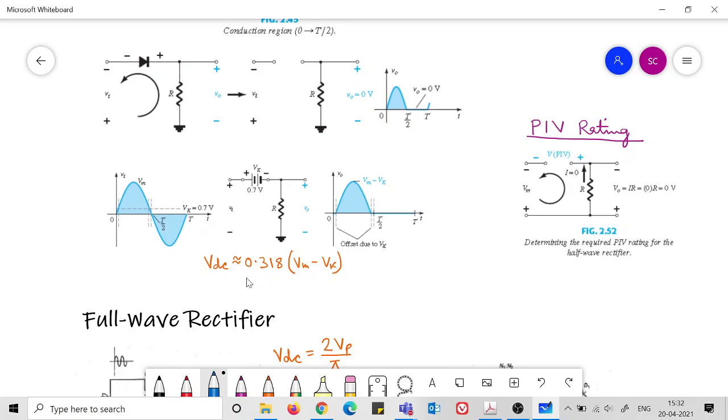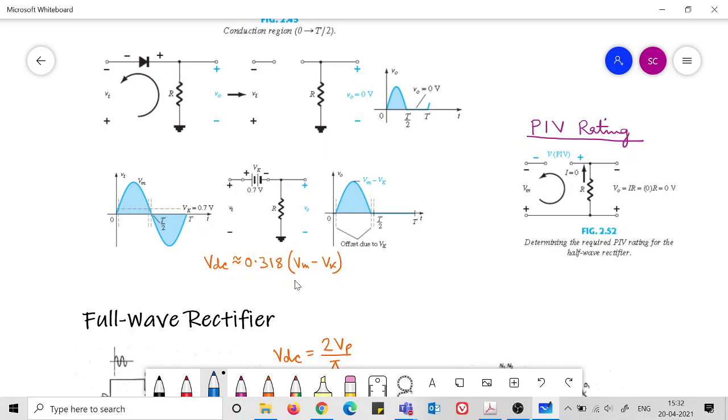Now obviously you can understand that this is an approximation, because we have simply superimposed the half wave DC value to this particular wave, which is not exactly a half wave, because it is shorter than a half wave. But it is not very much; these values are very small. How much it is deviating from the half wave is very small, because the knee voltage is very small, it is 0.7 volt only. So approximately we can have this value as the DC level.